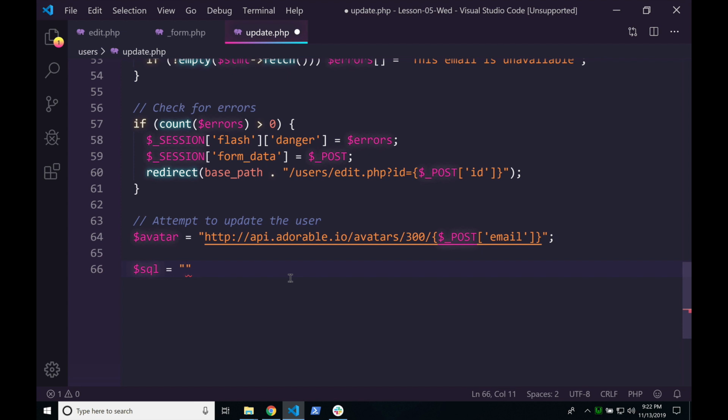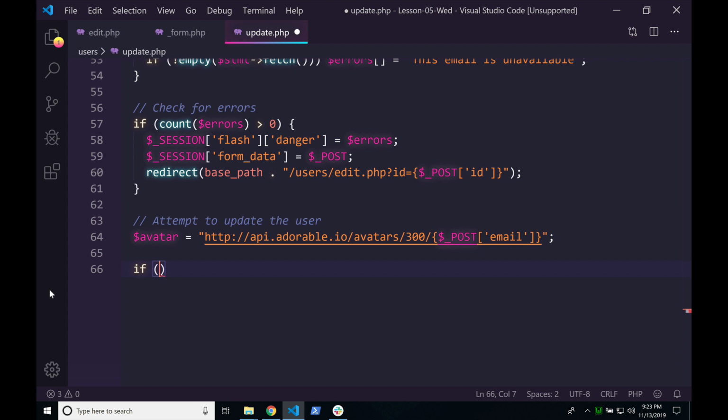Now, like I was saying before, our logic is a little bit weird here because we have the password field, right? If the password field contains a password, then we will attempt to update the password. If there's no password field, like there's nothing in it and it's empty, then we'll just leave whatever password we already have in the database and move on, okay? So what we should do before we write this SQL is deal with that password. So we're going to write an if condition